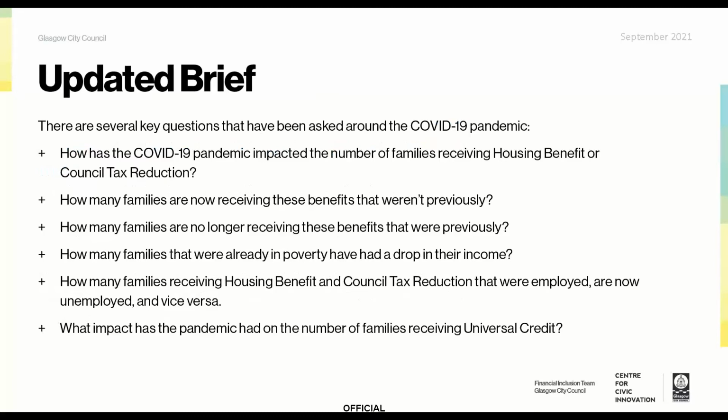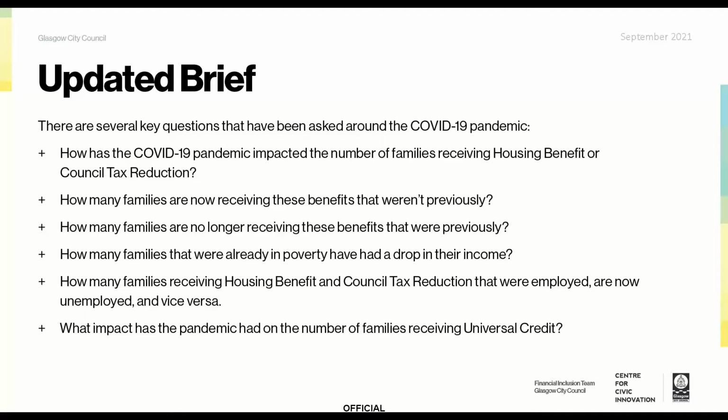So although we did this in February 2020, we then updated the brief to run the same report and use the same methodology, but at this time it was about understanding the impact of the pandemic. And as you'll see, what we were really looking to understand was how had COVID impacted our families that were receiving benefits. Were there new families that were new to us that weren't there previously? How many families that were currently on the report before were no longer there? How many people had a drop in their income? And that's what we wanted to understand, and we also brought in the universal credit data at this point as well.